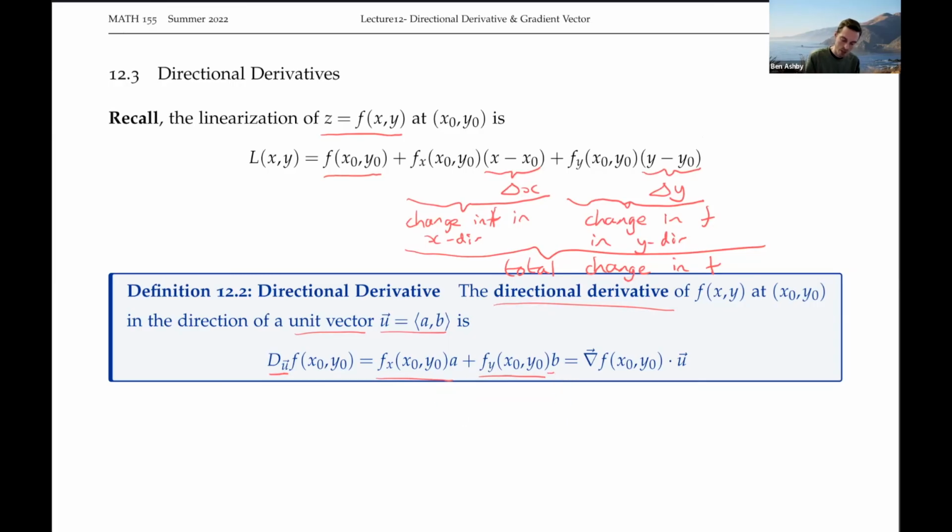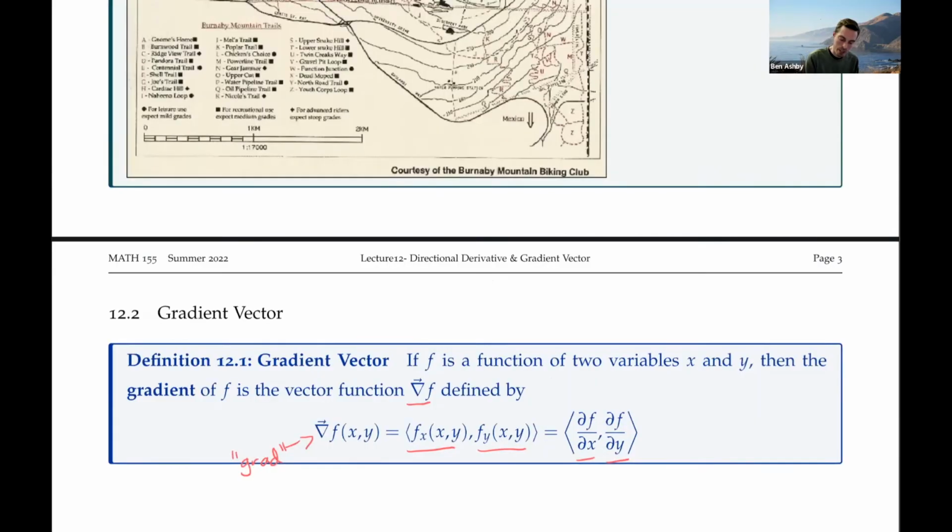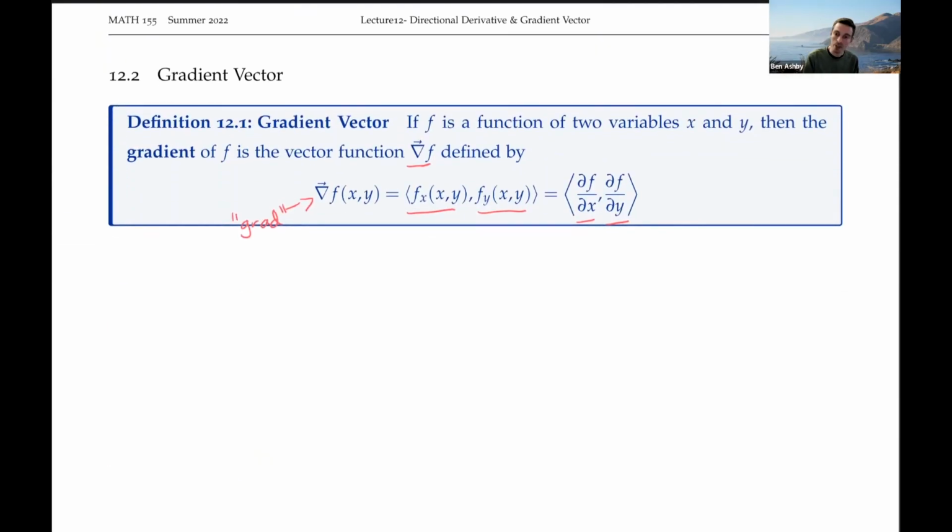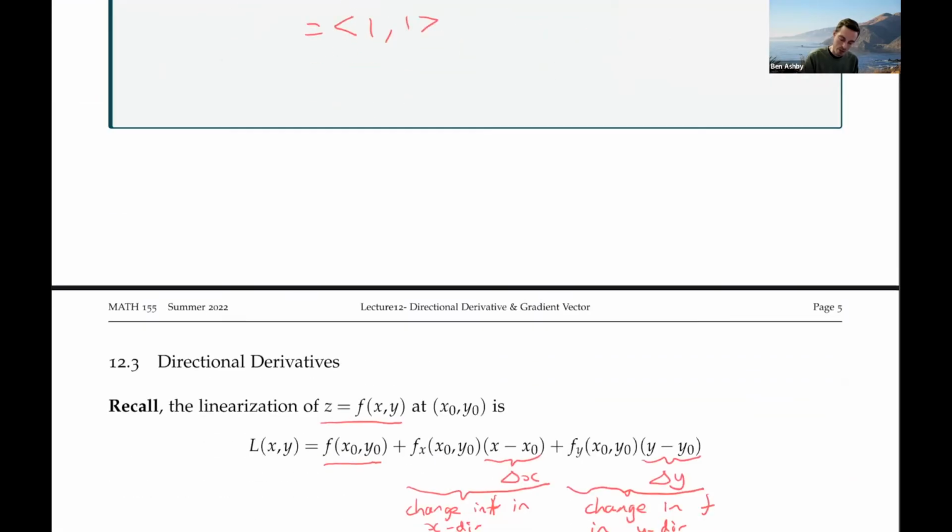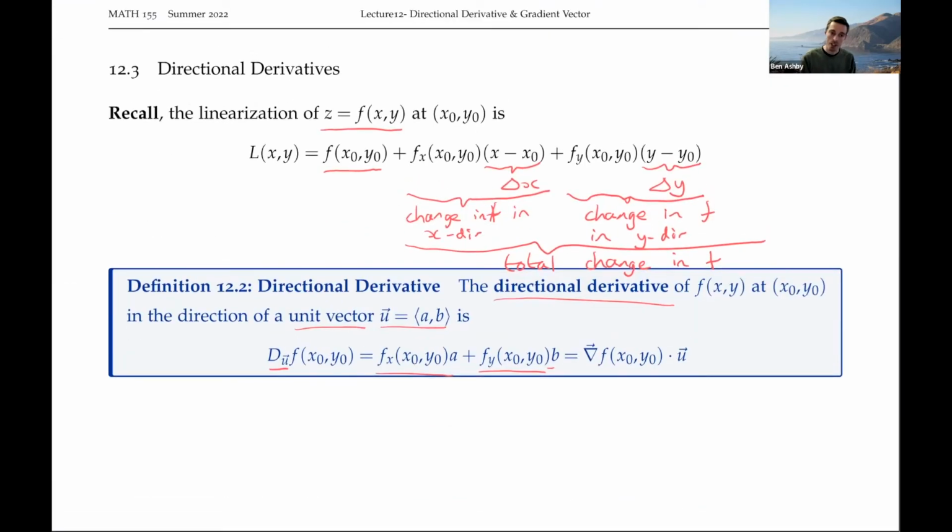And we see as well that this is essentially just a dot product. We've already talked about our gradient vector, which is just the vector composed of the partial derivatives of our function. So we can write our directional derivative as our gradient vector evaluated at x0, y0, dotted with our unit vector